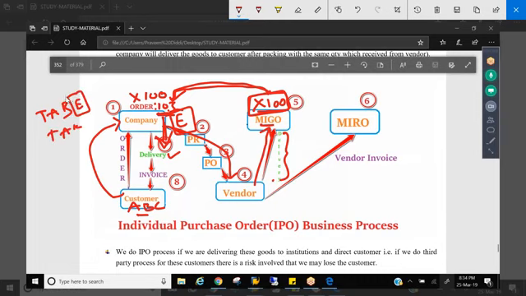So what does a special stock indicator control? It controls that in the make to order process and IPO process, whenever you are doing a delivery, you should deliver only the stock which is already reserved against this order. How to reserve that, we'll see when it comes to the process, right? This is the functionality of E.